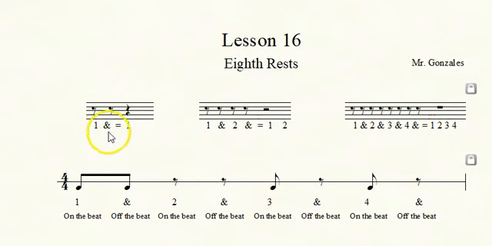Here we can see our subdivision and how 2 eighth rests occupy the same amount of time as 1 quarter rest. 4 eighth rests equal 1 half rest. Here we can see the subdivision of the 4 eighth rests and how they occupy the same amount of time as 1 half rest. 8 eighth rests equal 1 whole rest. Here we can see the subdivision of the 8 eighth rests and how they occupy the same amount of time